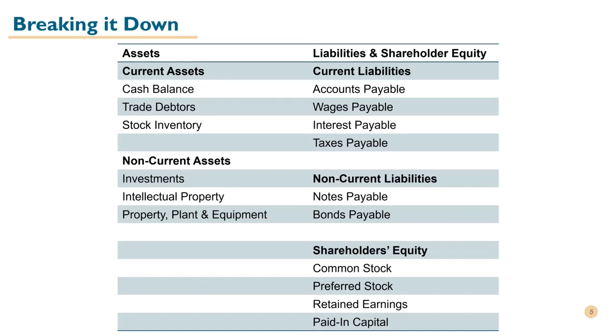Liabilities are the other side of the coin, what the business owes. These are split into current liabilities, which are satisfied within a year, such as accounts payable or trade creditors, wages payable, interest payable, and taxes payable. As well as current liabilities, you have non-current or long-term liabilities, such as notes payable and bonds payable, effectively